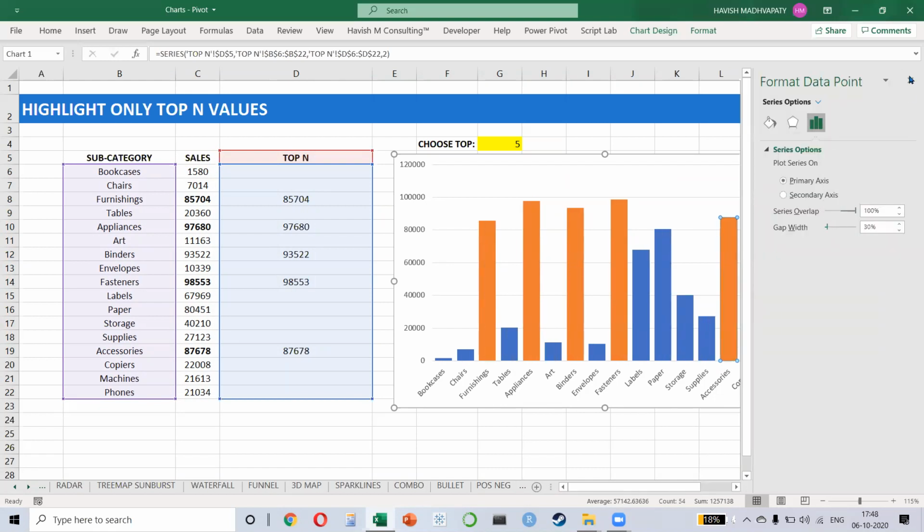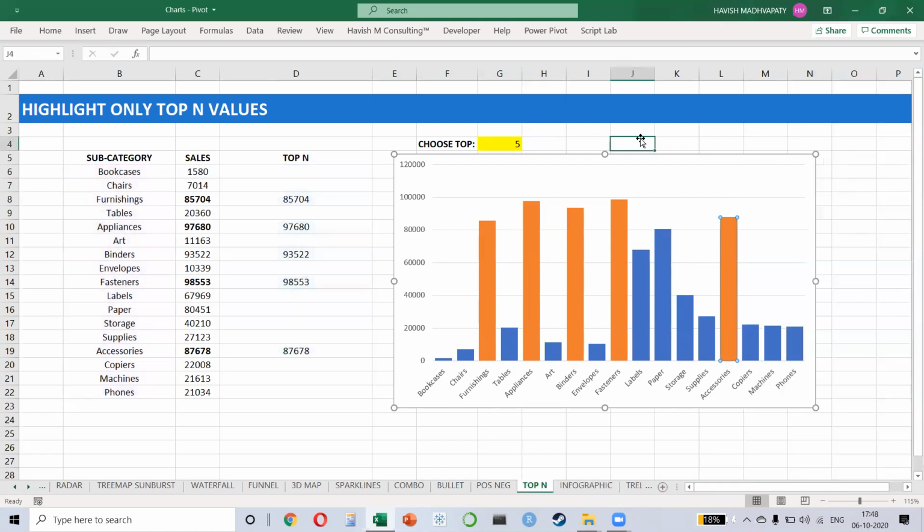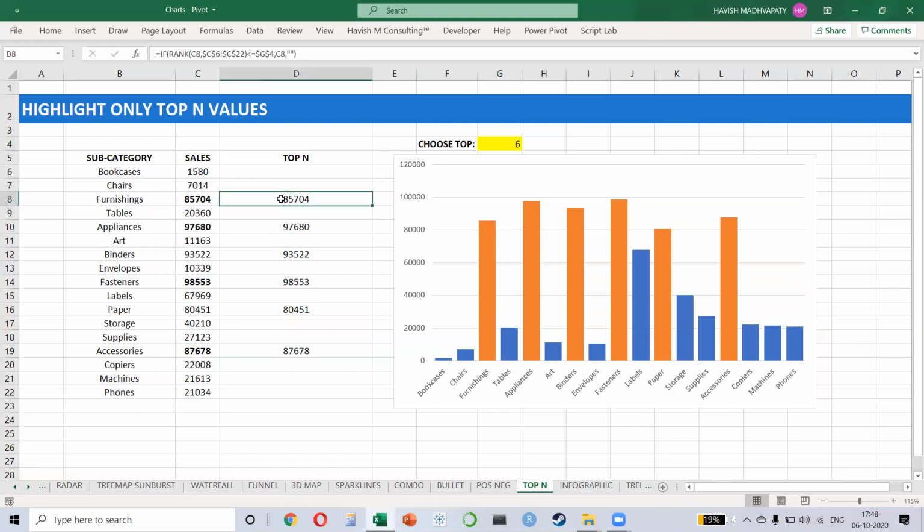So when somebody looks at this report, what will they think? That you're highlighting it. Like if I say top 3, it will only highlight the top 3. If I say 6, it will highlight it. Even though you and I both know that we are actually making a layer. So the blue bar is behind, that's why you can't see it.